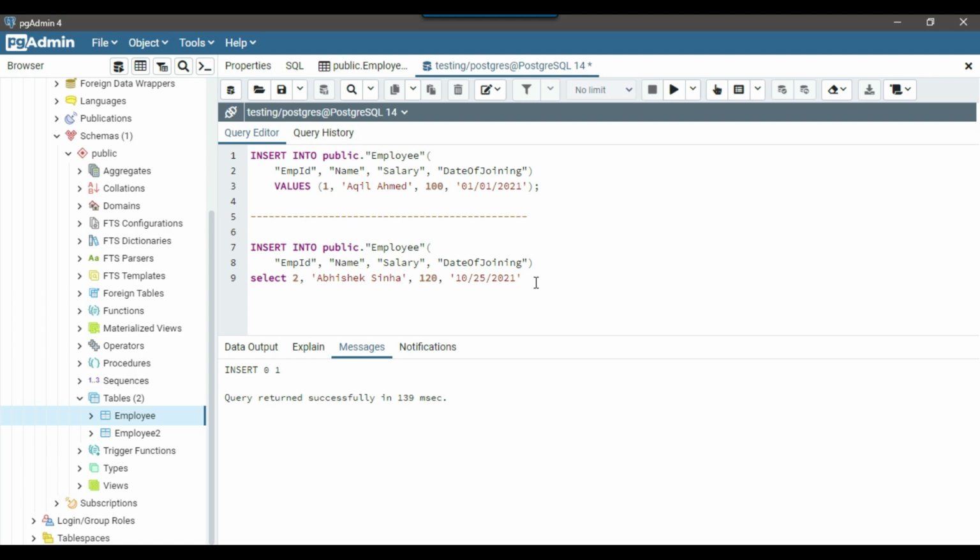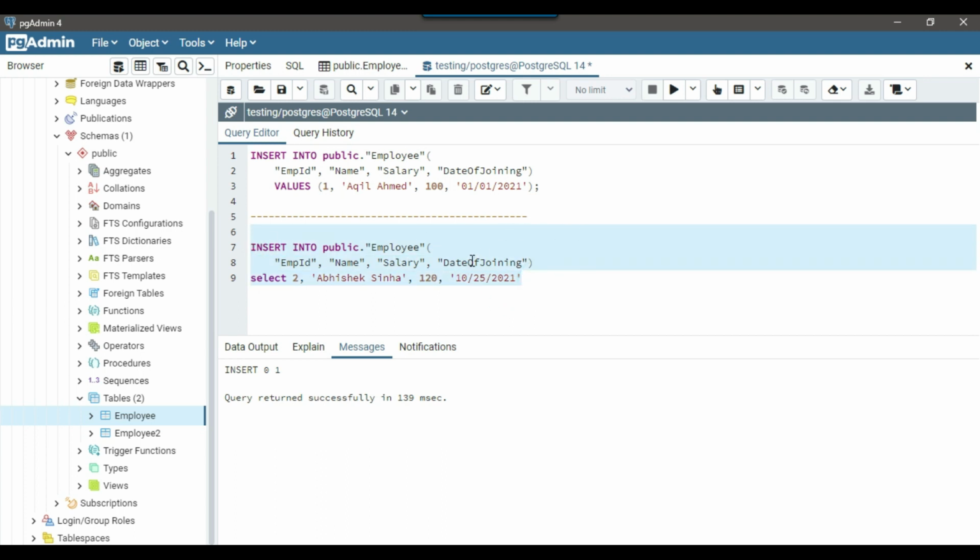So this is another method where you can write a select statement here, and you can also select data from multiple tables or from another table, and then insert that data into the main table. So you can use any select statement here.